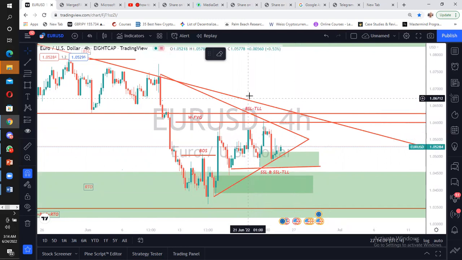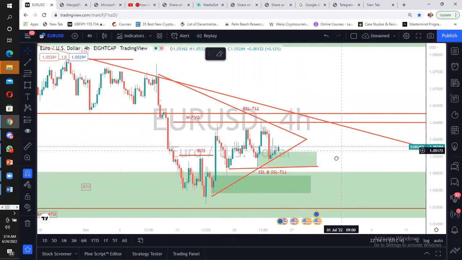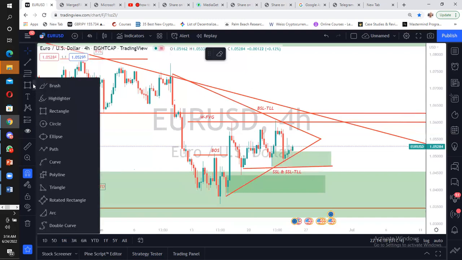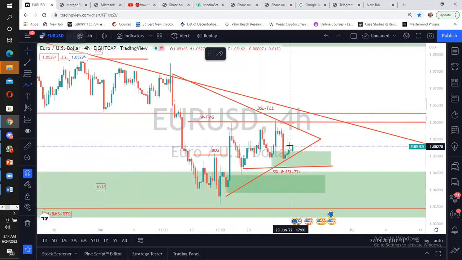And also here, we have the buy stop trend line liquidity. So with all this, what are we looking at? We are looking at this market coming up here to trade into this FVG,